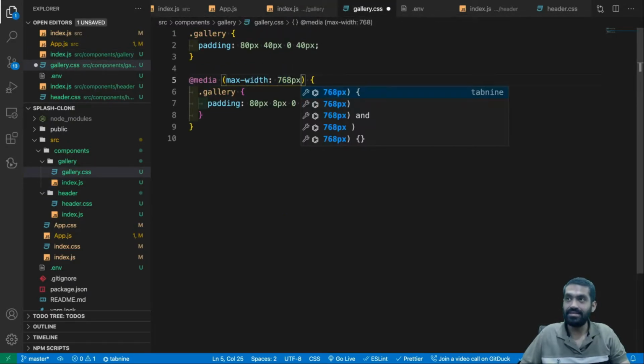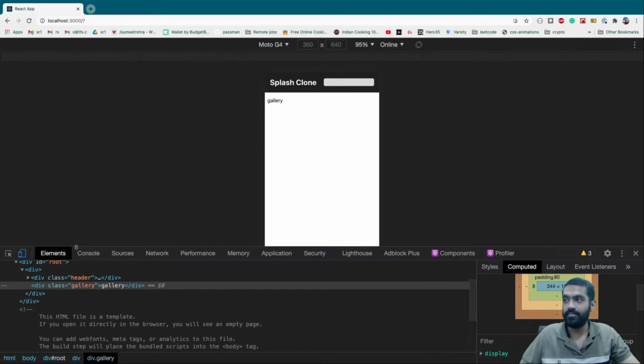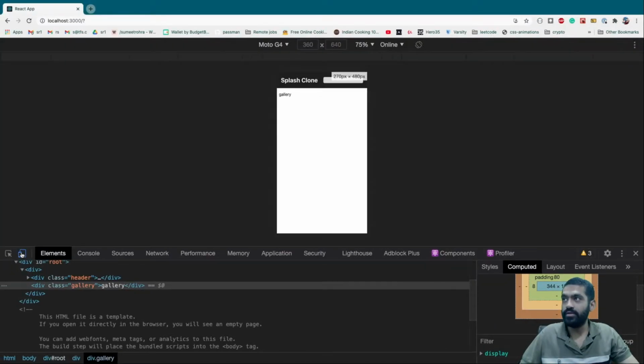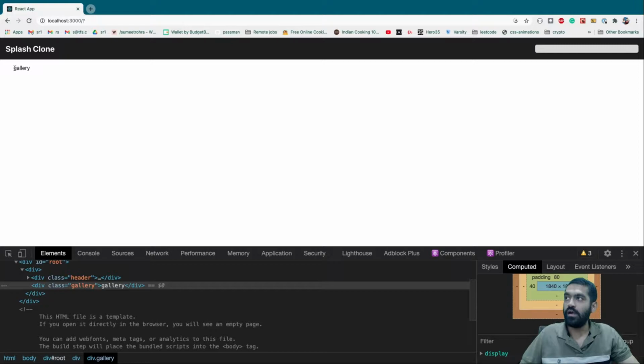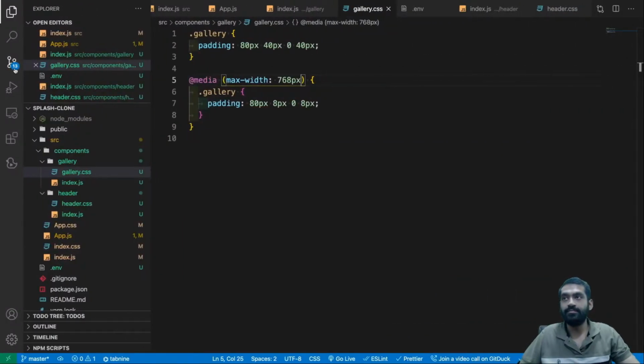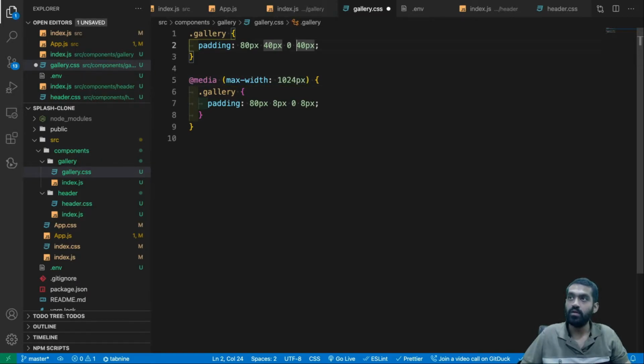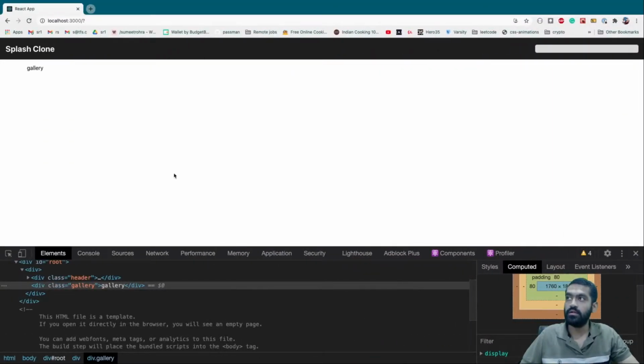Okay, I guess I'm missing pixels here. Yeah, okay, cool, it works. Instead of 40, let's do a 1024, and instead of 40, let's do an 80 here. Okay, cool. It works. It is responsive.